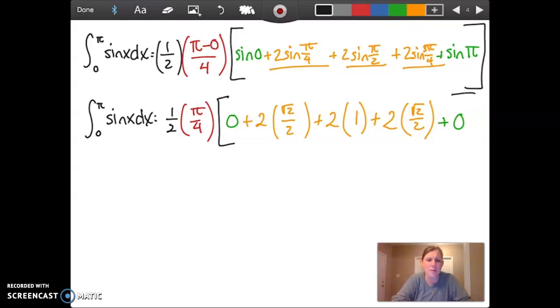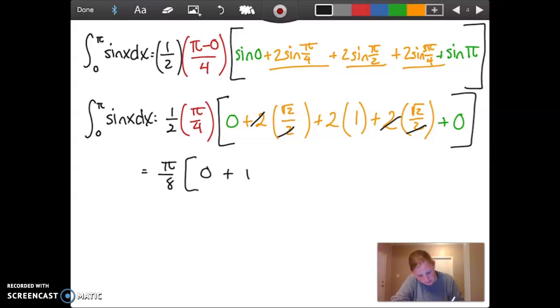Now, if this wasn't a value that you recognized, if this was 2 times the sine of pi over 12, then you would put it in your calculator. But if it's something like pi over 4, pi over 3, pi over 6, and you should recognize it, you're probably going to have to figure that out without your calculator. So the 2's cancel, these 2's cancel. When I clean this up, I end up with pi over 8 times 0 plus radical 2 plus 2 plus